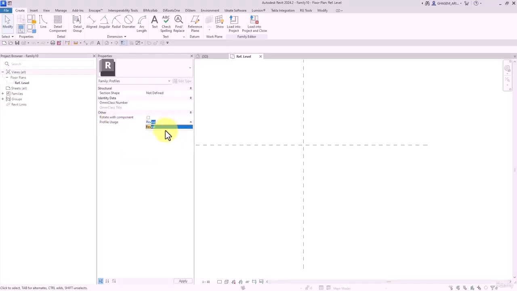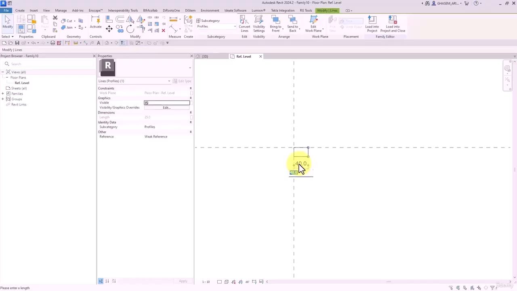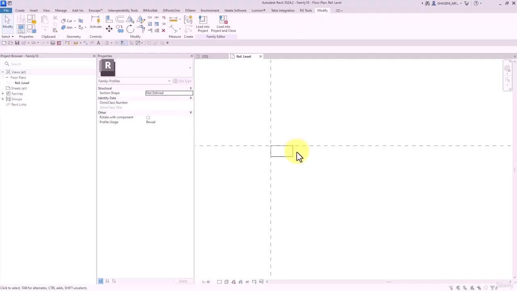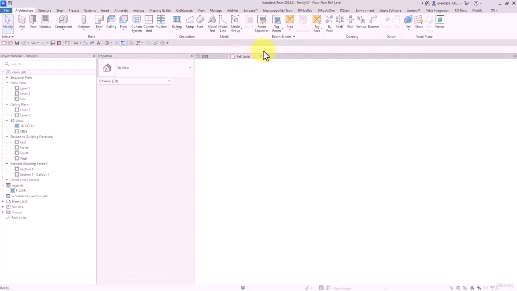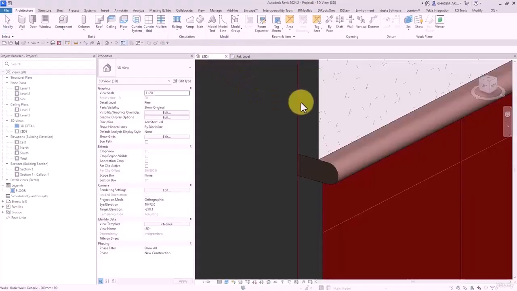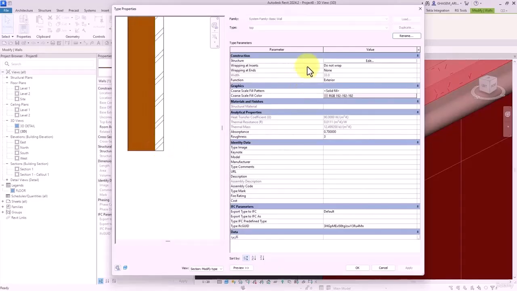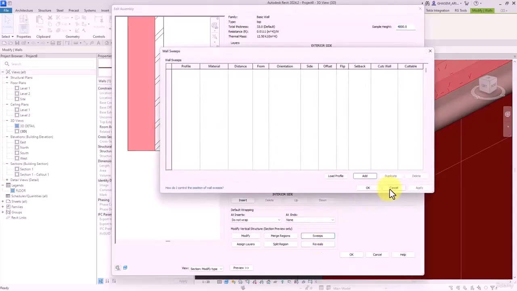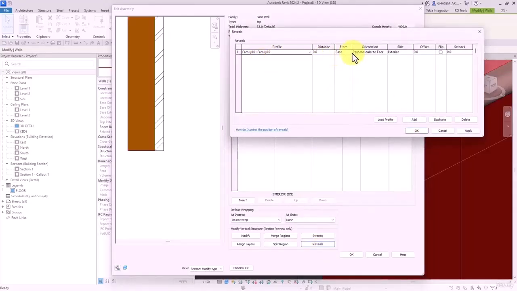To be able to have this profile only for this part, I can select reveal here. And here, 10 and 5 in millimeter. And I load it. Yeah, it's 10. Here I select this with tab in edit, zoom. I just need to have it for this part. Reveal. And I edit number 10,